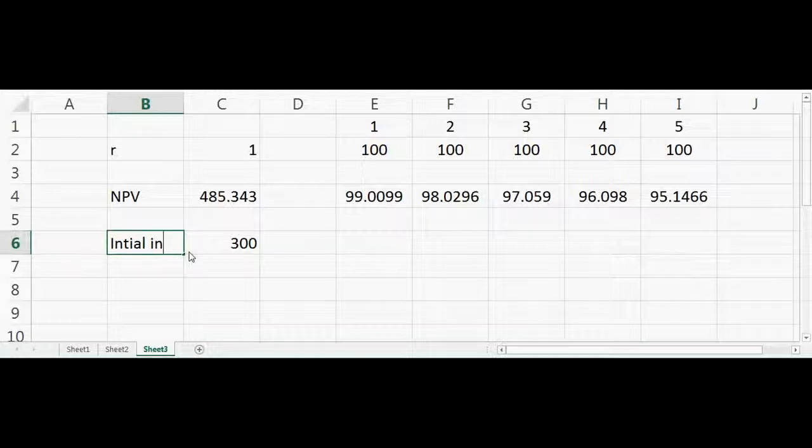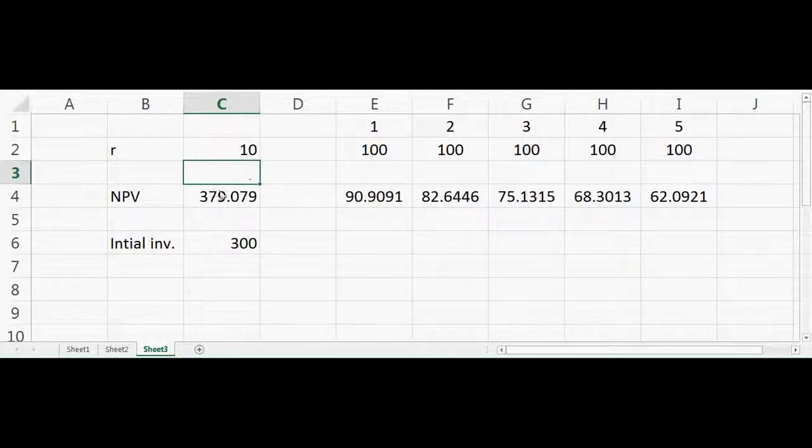Now suppose I make it 10%, so it's 379, and I make it 15%, and then 20%. So it's very close to the 300. But still, if we want to calculate the exact value of R, then we can go to something called